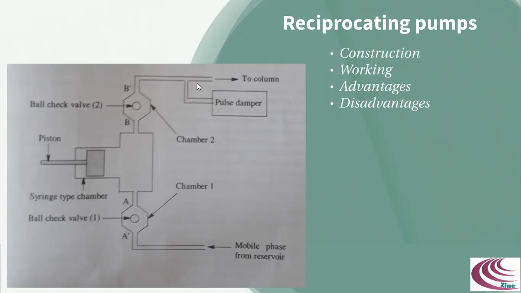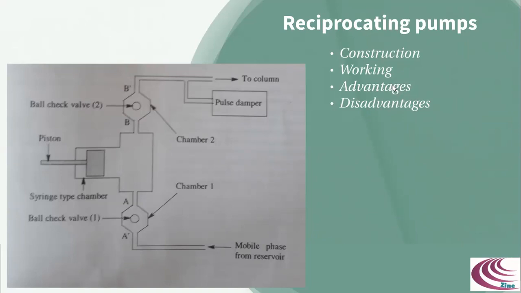So what will be the advantages of these reciprocating pumps? The internal volume of the reciprocating pump is small, that is around 35 to 400 microliter. This is of importance especially in case of gradient elution. As you know, gradient means what? That is more than one solvent as a mobile phase, which requires removal of one mobile phase from the pump before the introduction of another one. And because of the small internal volume, the changeover from one mobile phase to the other can be achieved fast.